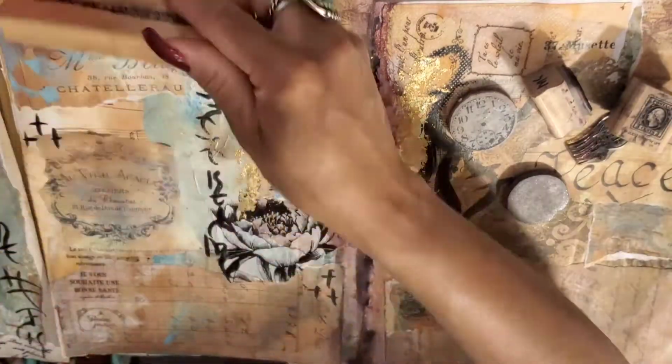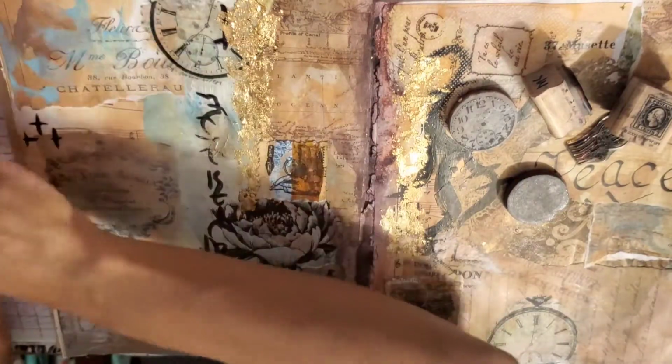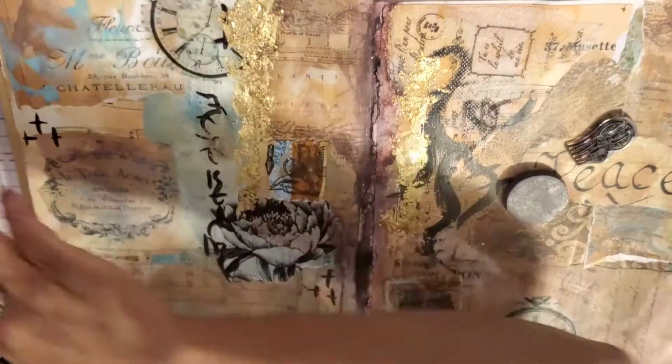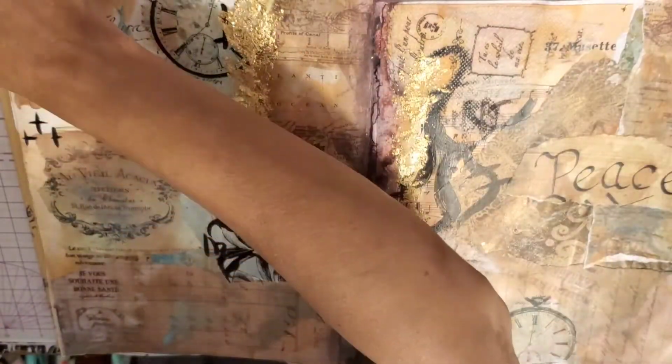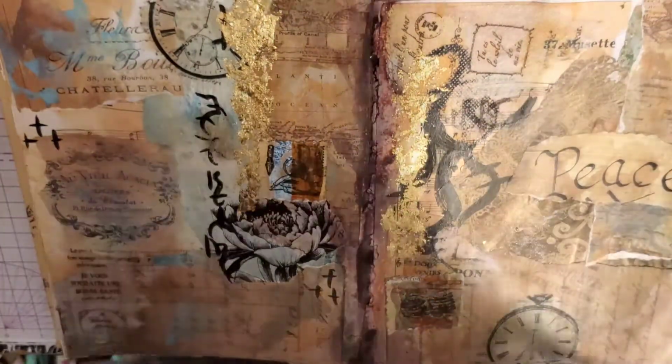So, I picked everything out. Let me put this over to the side. And let's get busy. We're not going to use this North Pole one right now, but we'll use all of these. I'm not going to use this one right now because I have enough postage stamps. Okay, so I want to use...